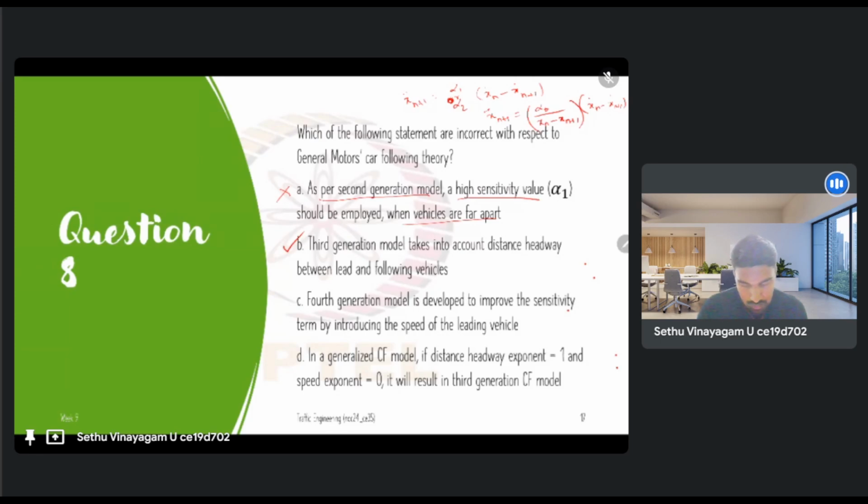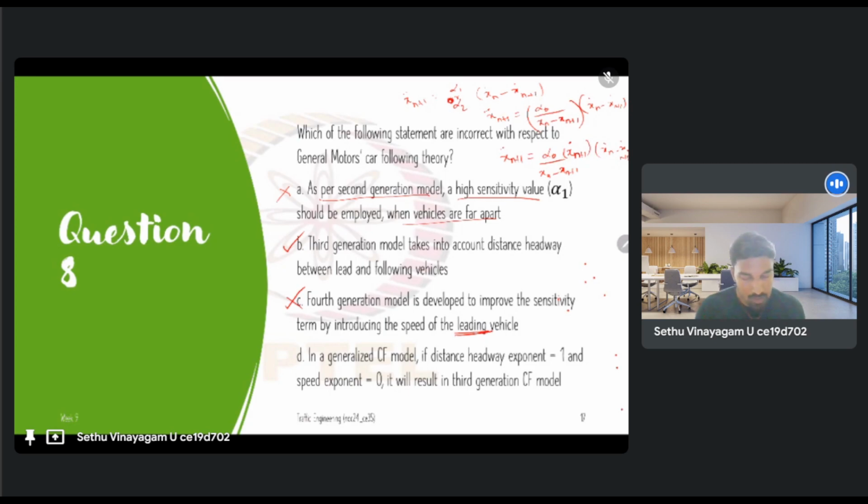C is the fourth generation model is developed by improving the sensitivity term by introducing the speed of the leading vehicle. So this is also correct? So fourth generation model added one more term. So alpha 0 by the spacing is multiplied by the speed of the... okay, so this is actually incorrect. So it's not the speed of the leading vehicle, it is the speed of the following vehicle, right? x dot n plus 1. So the speed at which the follower is traveling is going to influence their sensitivity, okay? And then the stimulus is still the